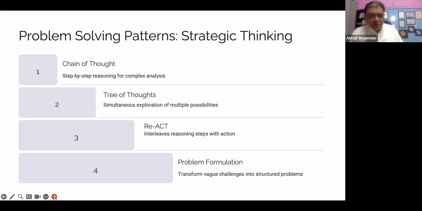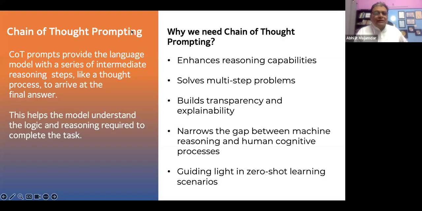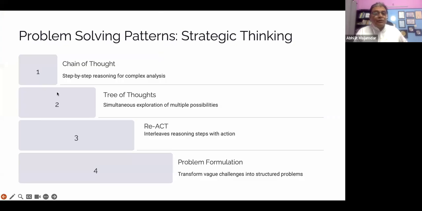Okay, let me move to tree of thoughts. Now, tree of thought is like this: many times we face problems, and in those problems, what we see is that there are multiple options available, or we have multiple ideas. That I can solve it this way, but I can also solve it this way, and this is also another possible way. But which will be the right way to solve it? I do not approach it with all the three paths which are available.